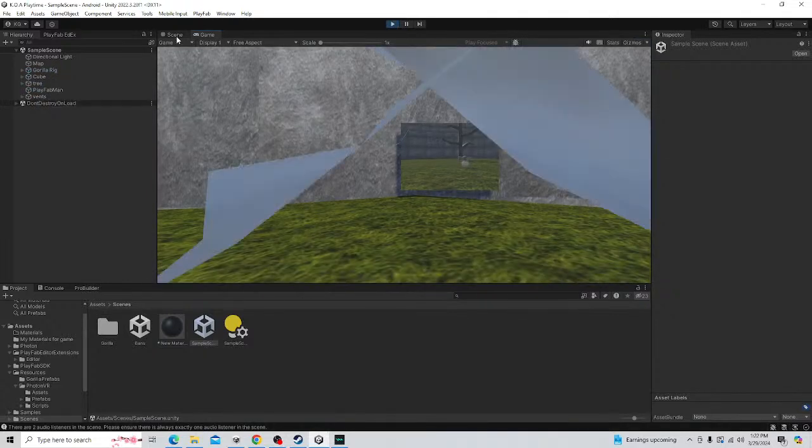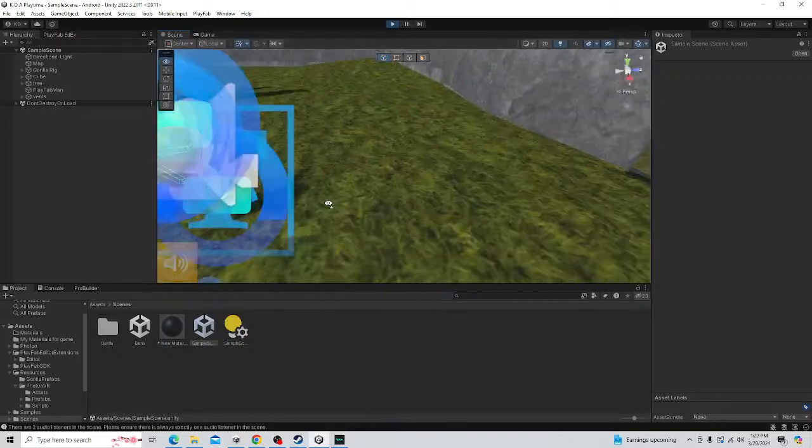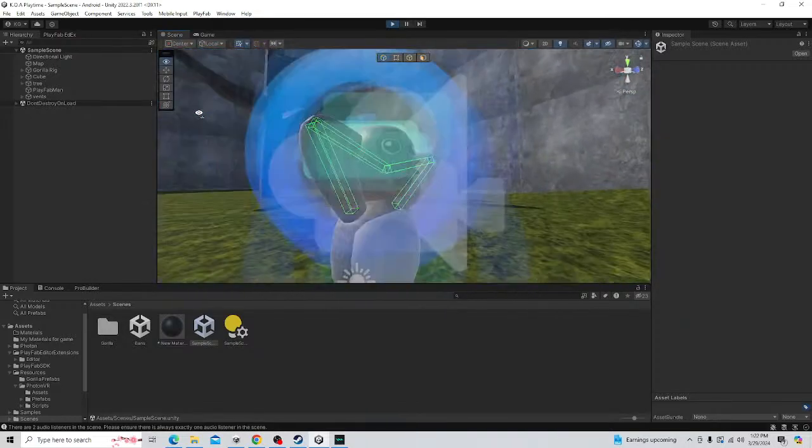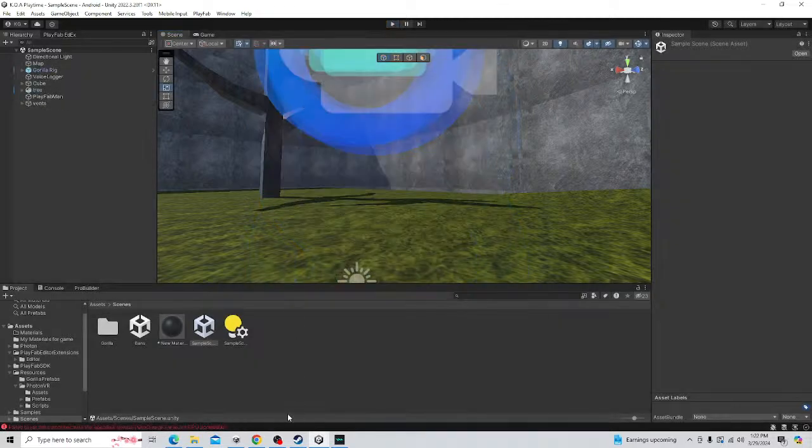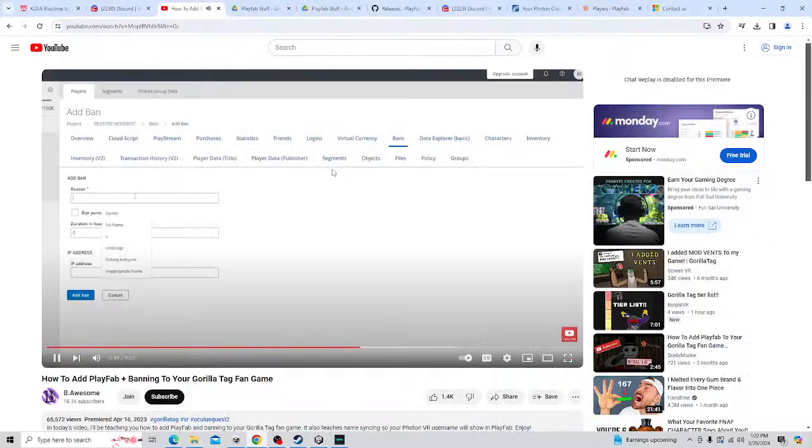Now, there's one more thing to do, but now, let me show you how to ban someone. So click on the player ID, and then click on this tab here that says bans, and then click on add ban on the top right. And for the ban reason,